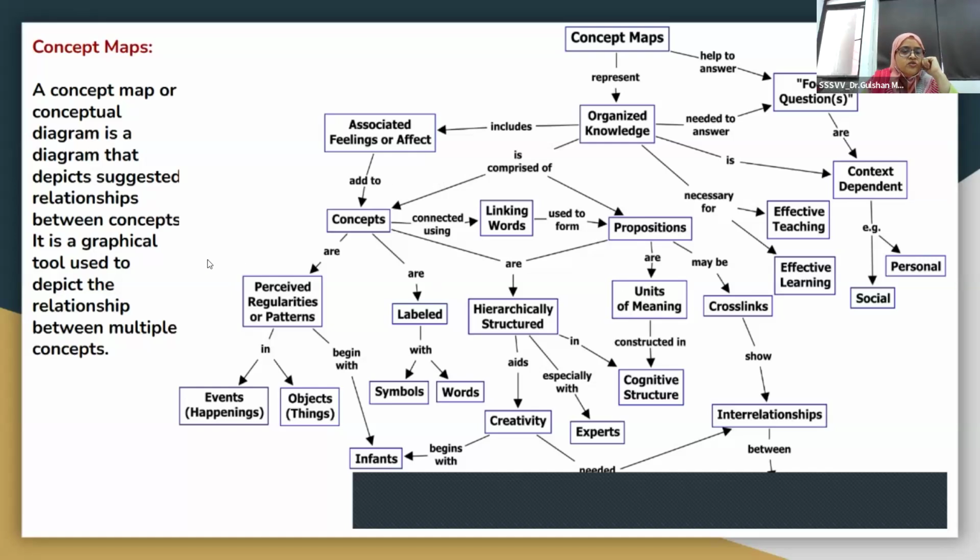The definition of concept map also has been given here on the left hand side, that concept map or conceptual diagram is a diagram that depicts suggested relationships between concepts. It is a graphical tool used to depict the relationship between multiple concepts. So concept maps can have multiple concepts, but a mind map can be drawn with only one concept.